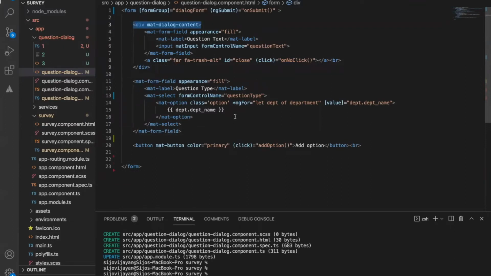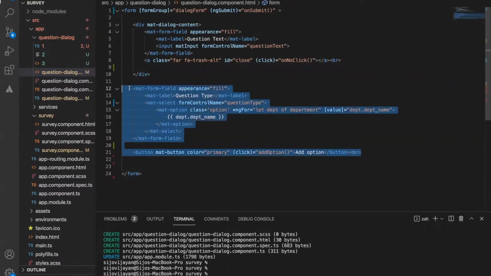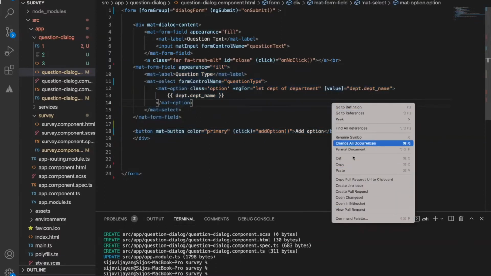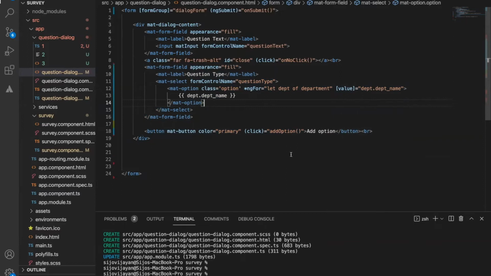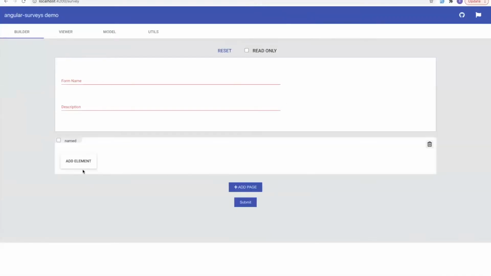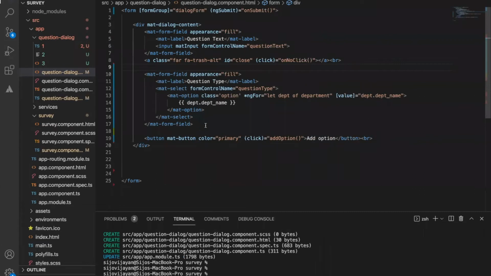So let's revert it. There is not much difference, but let's fix the design stuff later.